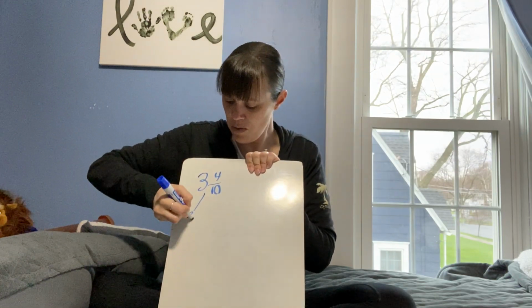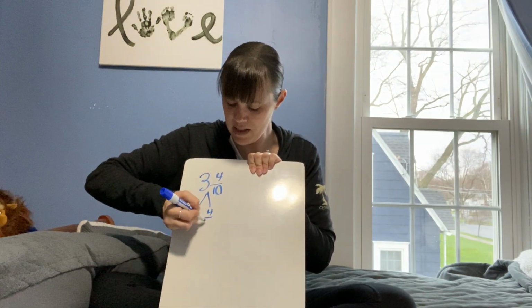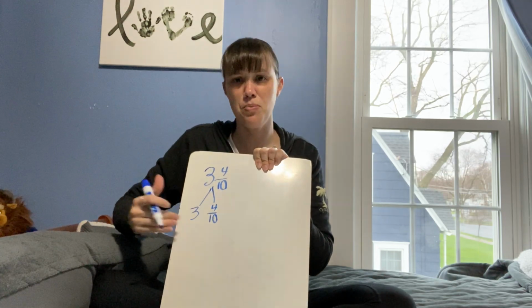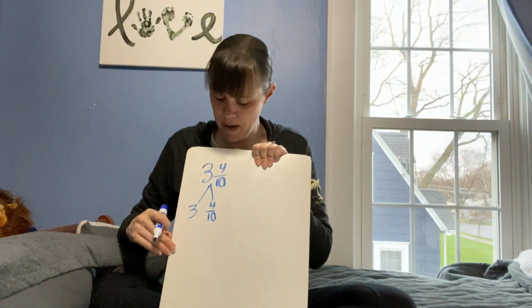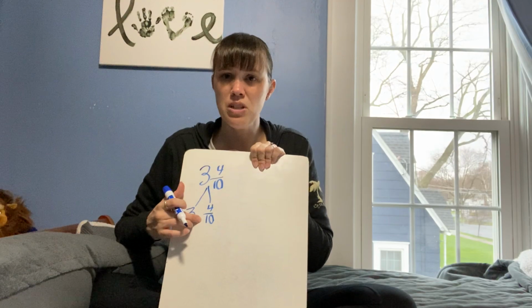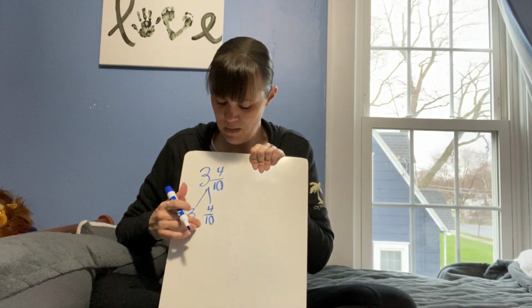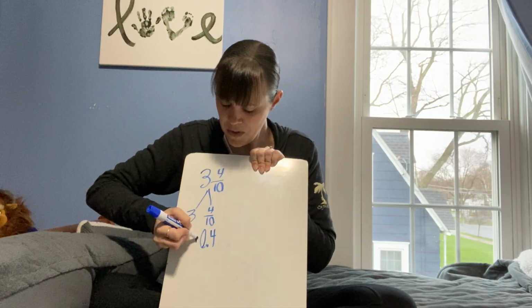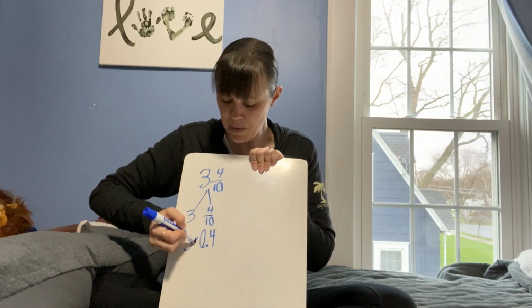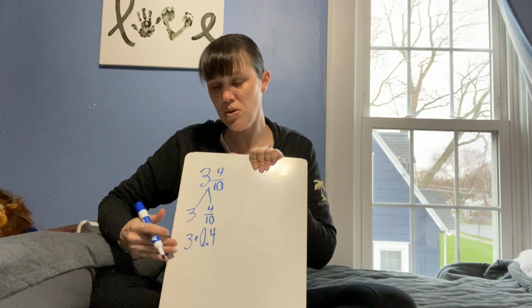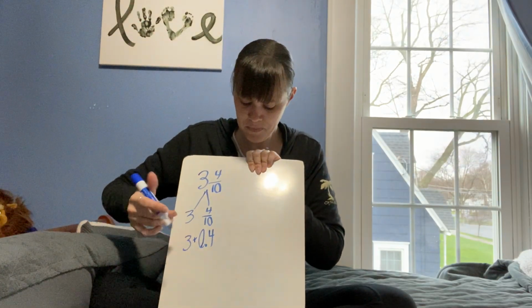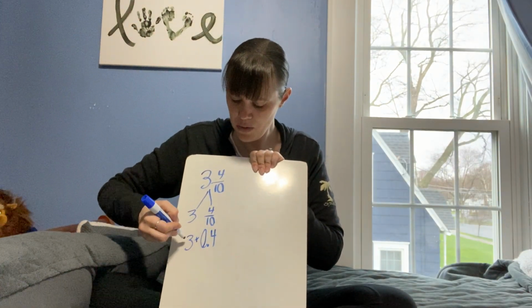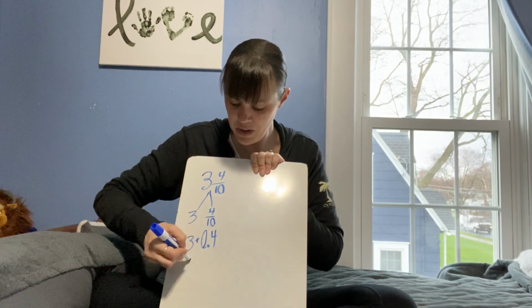So this is 3 wholes, right? And this is 4/10. I didn't do anything. I just separated them so I could see that a little bit better. How do we write 4/10 with the decimal? Well, we know that we write 0.4. So really we're just doing 3 plus 0.4. Why am I saying plus? Well, I want to put them back together. So 3 wholes plus 0 wholes really is